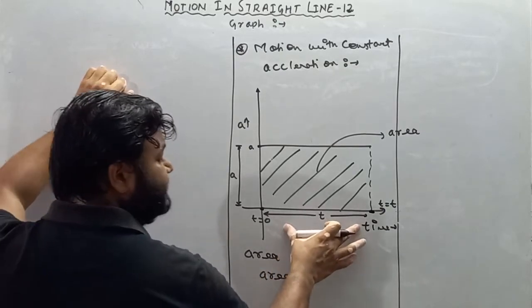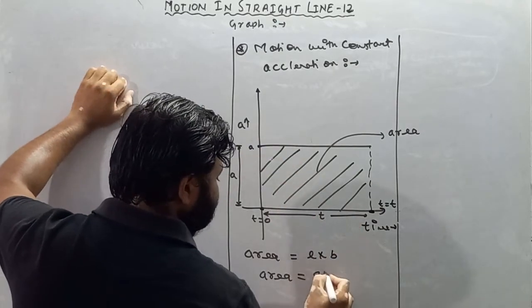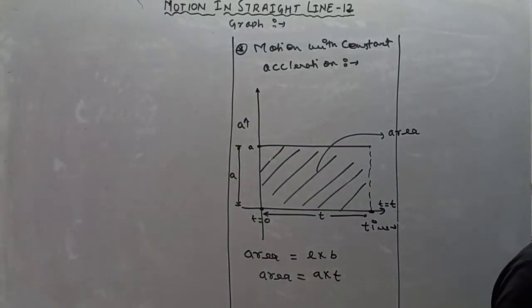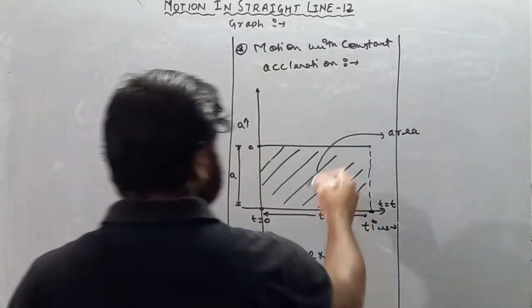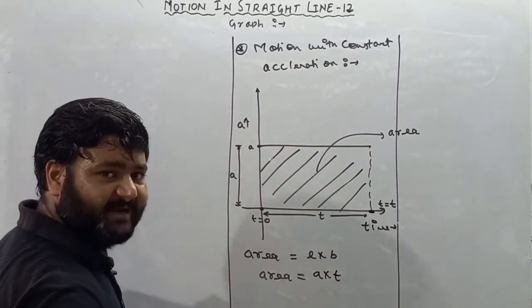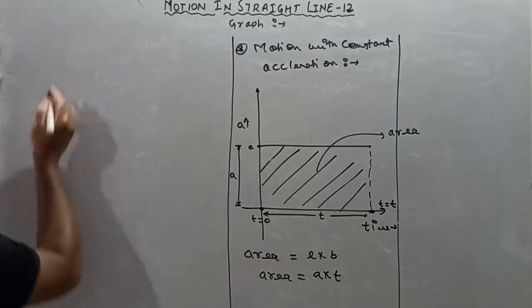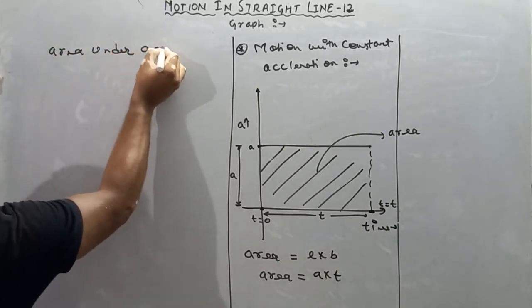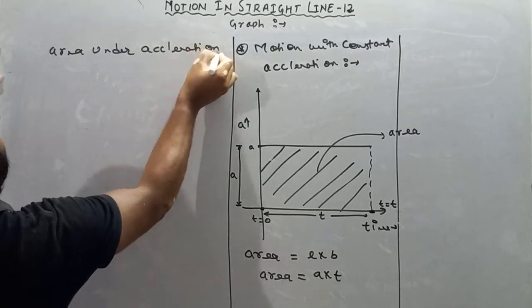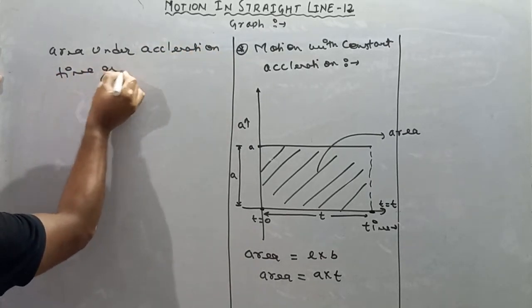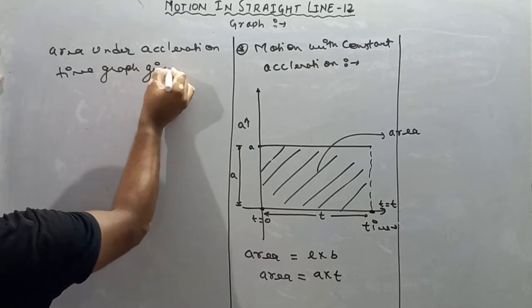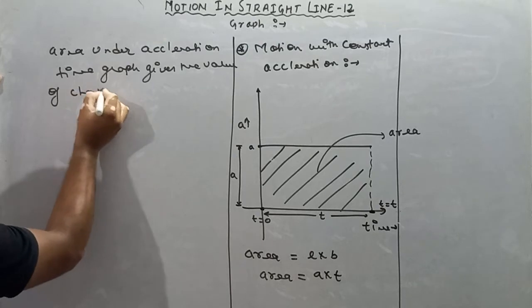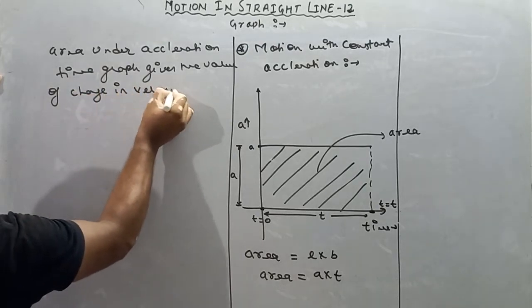So what is L, my dear student? T, and B is A. So A into T. We know that area is equal to A into T. Now see, my dear student, this area is under the acceleration time graph, and I already told you that the area under the acceleration time graph gives the value of change in velocity, that is